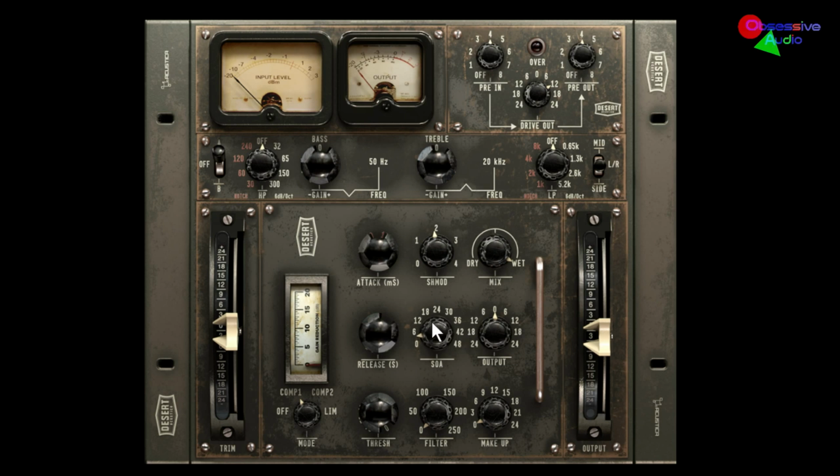SOA, which is a safe operational area. This basically means it depends on how hot you're driving the plugin. You may want to have more compression, which you can get. You're going to get a more compressed tone by moving this up, or relaxing it will ease off of the compression. There is a warning light, I believe, somewhere on here that you don't want to go over in this area. You don't want to go too crazy with it. Just sort of fine tune it. If you feel like you've done everything you can with the threshold and all that, you might get some additional changes with this. Now, an interesting thing, this seems to have an output,